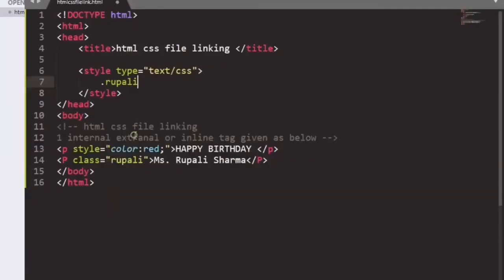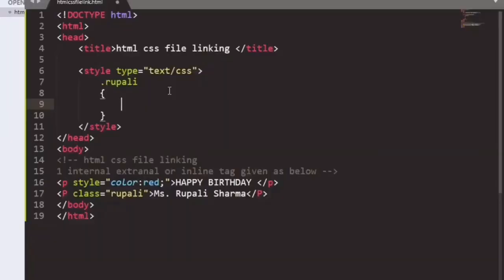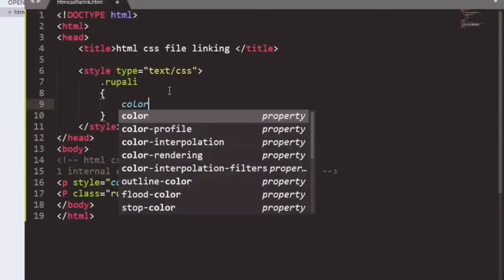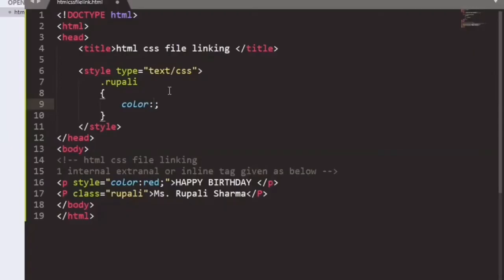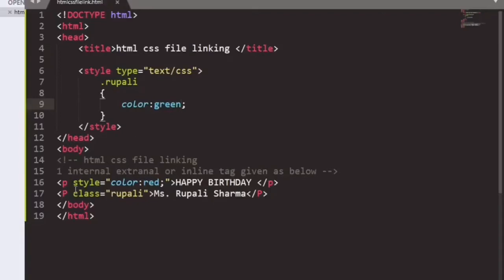Suppose we are taking class, so we'll include dot Rupali. If we are talking about ID, that would be passed with hash. Suppose we are talking about the class, dot Rupali, and we have given the color green. After that you refresh the page and you can see the second text, Rupali Sharma, in green.